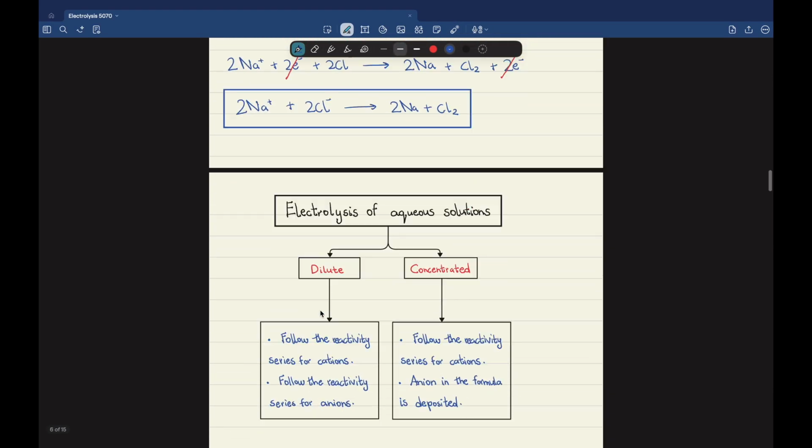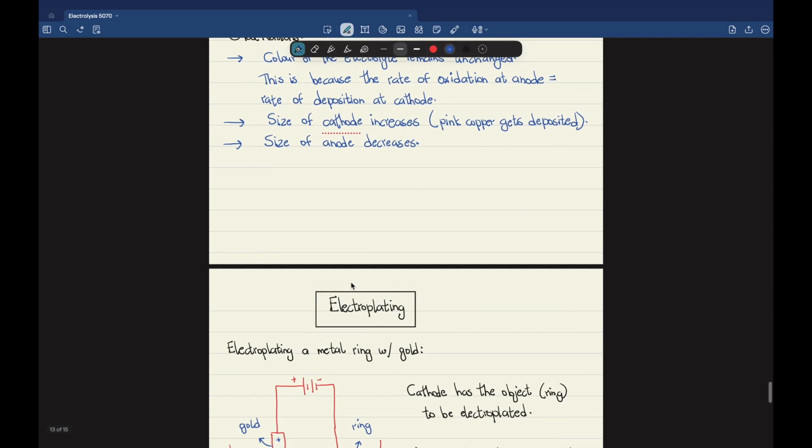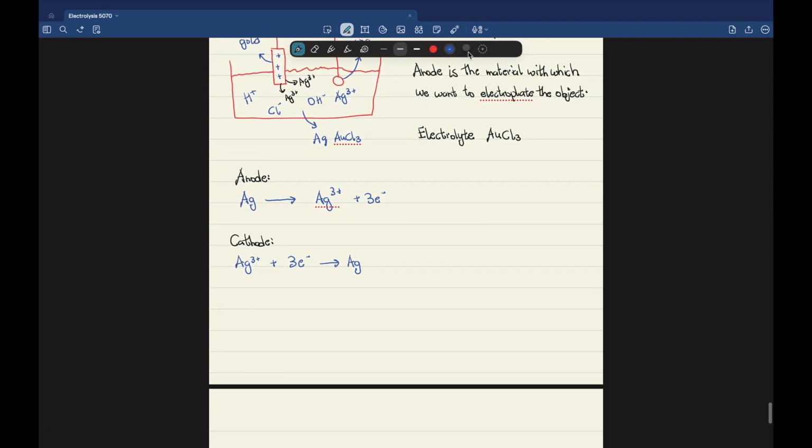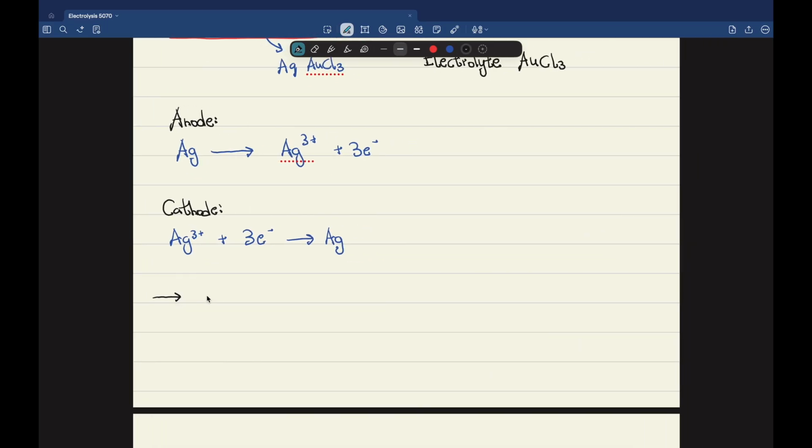Why do we electroplate objects, right? Why do we electroplate? You see, why would we want to electroplate a normal, ordinary metallic ring with gold? To enhance its appearance, right? We electroplate to enhance the object's appearance. Why would we want to electroplate an iPhone with gold? To enhance the appearance